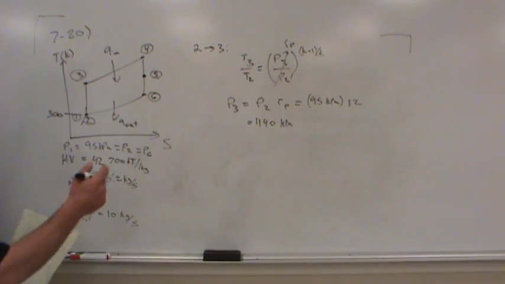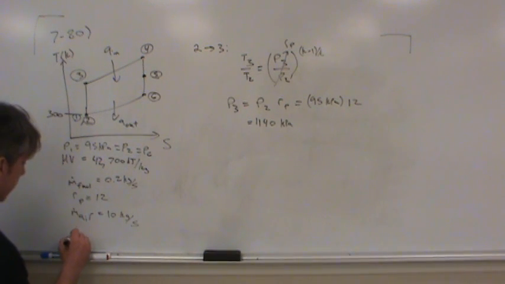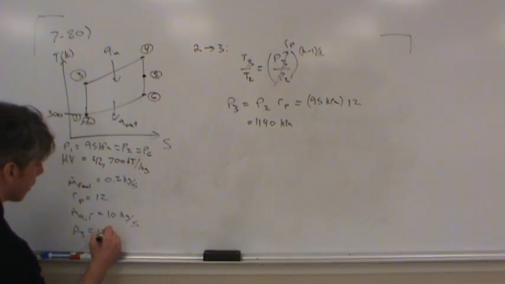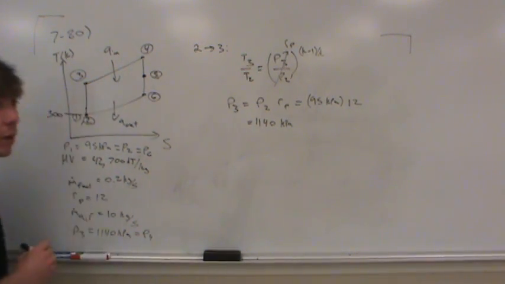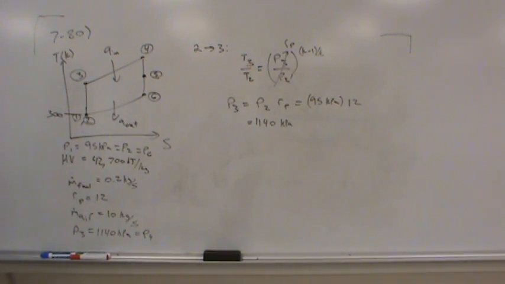So once we've calculated the pressure at state 3, let's just jot it down over here. P3 is 1140 kilopascals. Then we also have the pressure at state 4. Now look at your diagram, your schematic of that engine, and you'll see that 3 and 4 are both just in the burner section. That's just an open chamber where fuel's being added. Okay? All right. Is the ratio